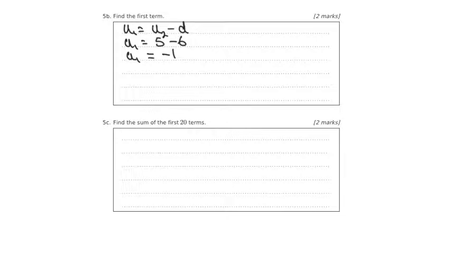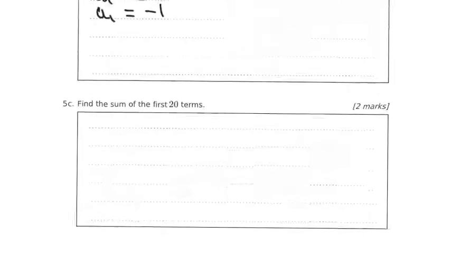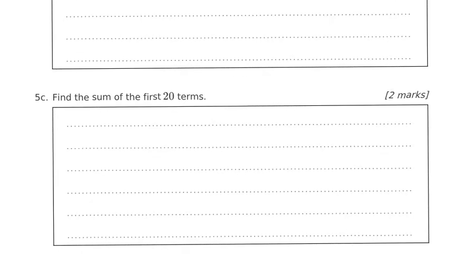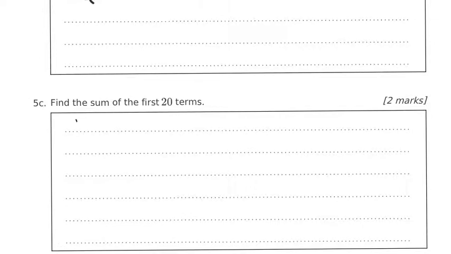5c, find the sum of the first 20 terms. So using the summation formula, which is Sn equals n over 2, 2U1 plus (n minus 1)d,